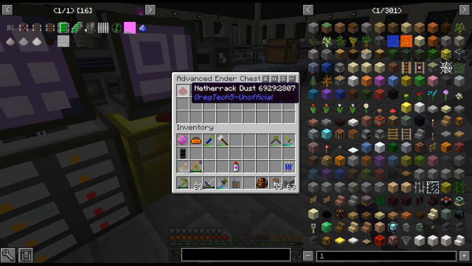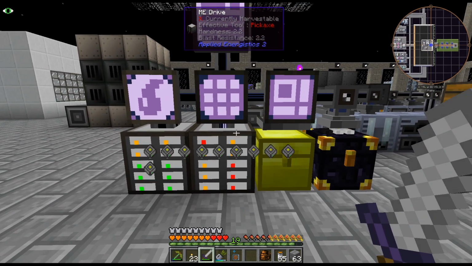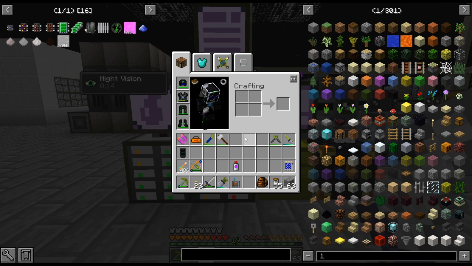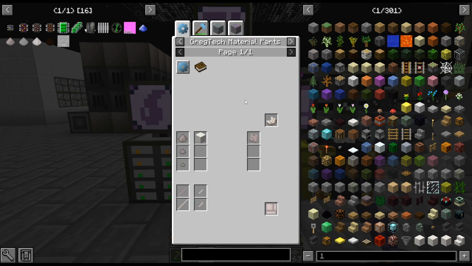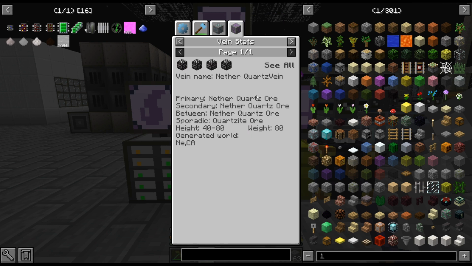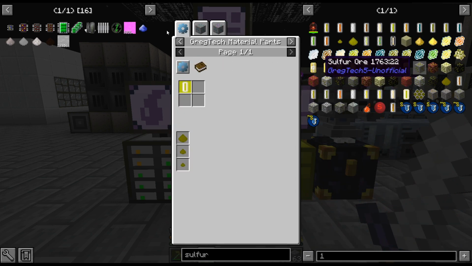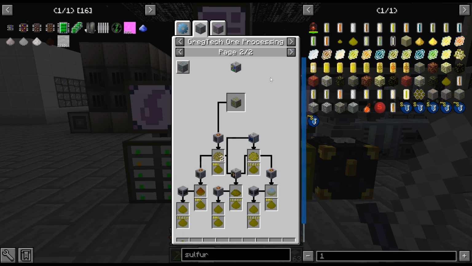As you can see, we are getting another rack of dust over here, and that is because I've gone ahead and finally moved the miner, and I've put it in the nether. Unfortunately, the nether quartz ore that we need is either in the nether or a tier 8 planet, apparently. So I went to do that, and I did luck out that the nether quartz vein is near a sulfur vein, which, as we know, will get us